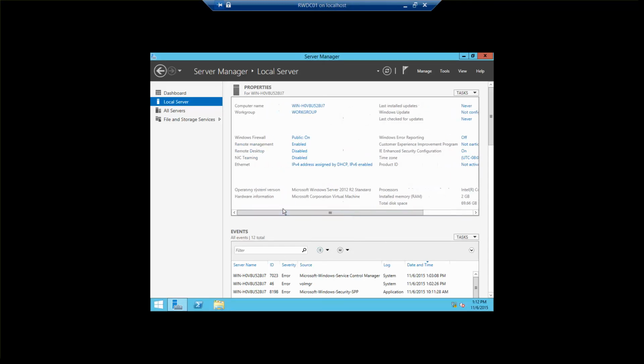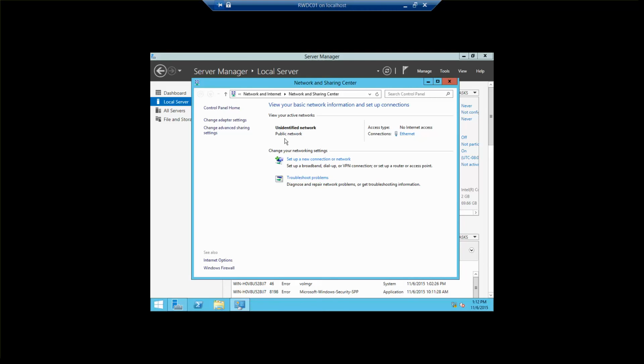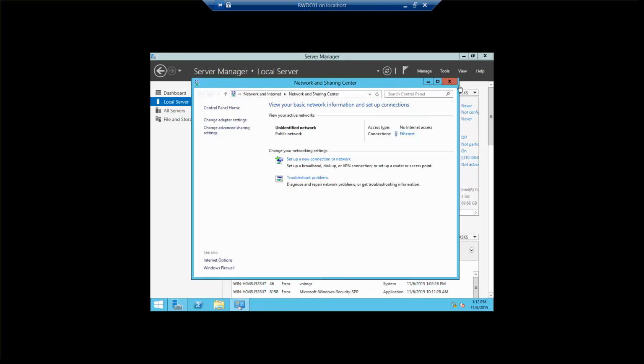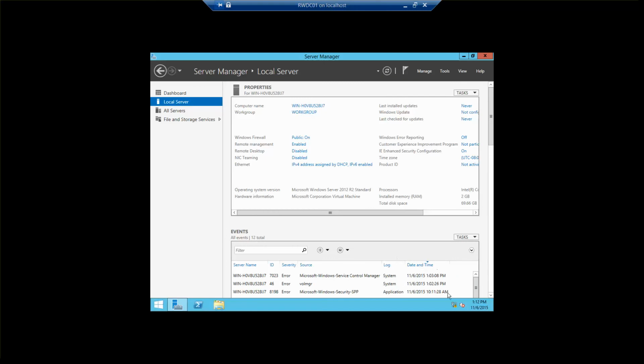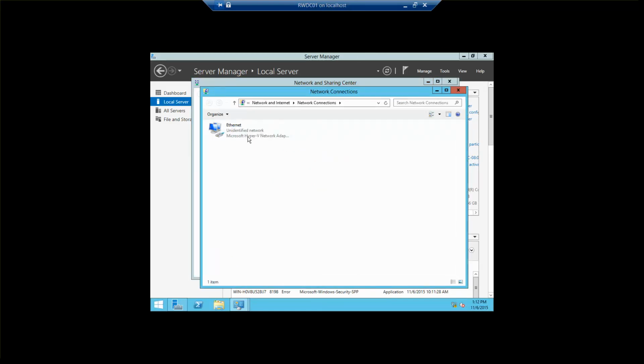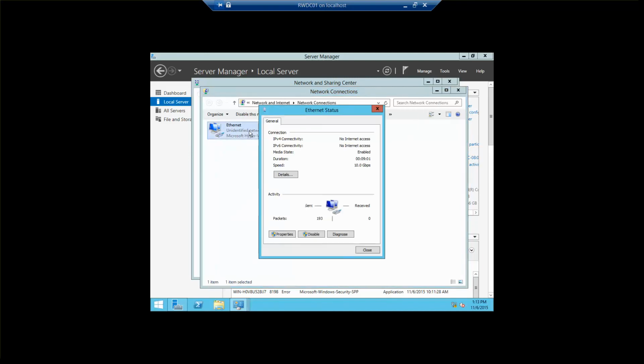The next thing I'm going to do is create a static IP address. So again, it's going to act like a server. Actually, it is a server. Going to change adapter settings. Actually, let me back up. So to get to that screen down here, we're going to click on our little adapter and right-click, Open Network and Sharing Center. Change adapter settings. Here's our switch that we had set up in the very beginning, and double click, and then properties,